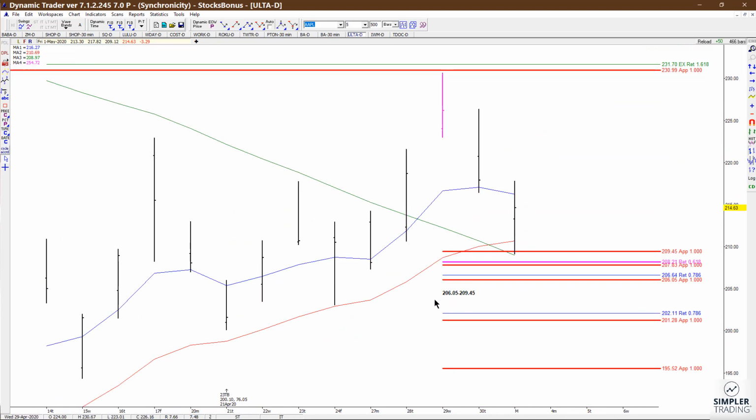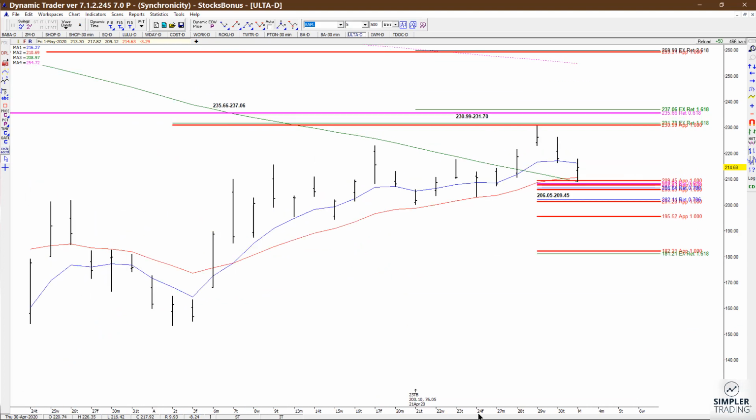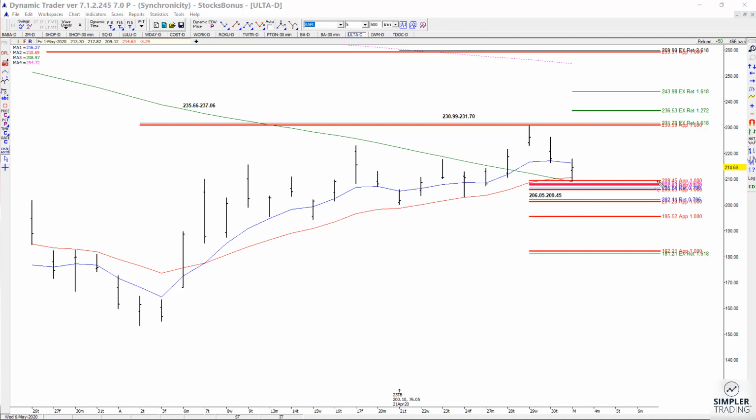Now the area that I'd be watching, well, so far we are holding above here, but anywhere from this 206.05 to 209.45 area, as long as we hold above there, I'm willing to look at new buy signals against that support, and know that if it holds, the potential upside target is going to come in with the 1272 of the swing into the zone, which, let's get rid of that so I can see it, pretty much comes in at the 236.53 area, and I will consider myself wrong if we take out the low end of this